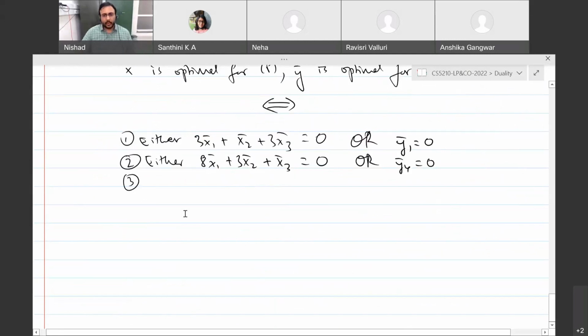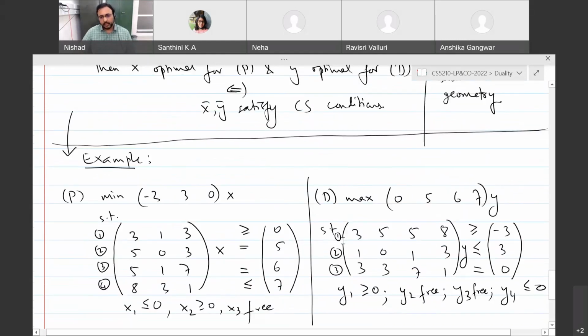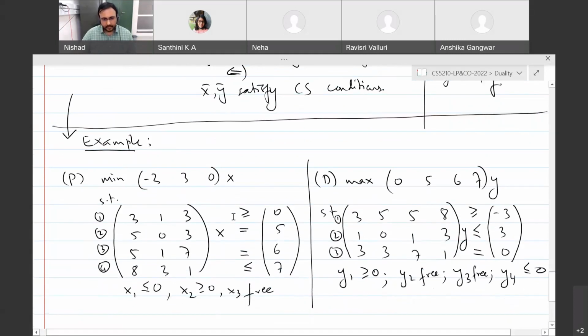And let's see what we get from the dual. So the dual's constraints: the first constraint is an inequality and the second one is an inequality, so we will get two conditions. And the last one is an equation, so we won't get anything. Right? So either